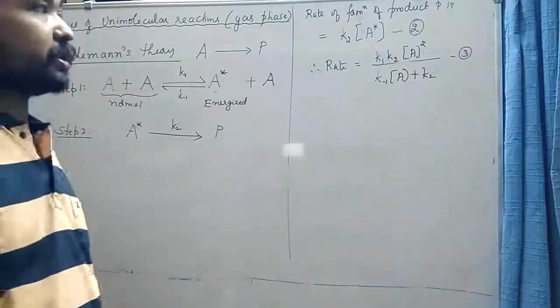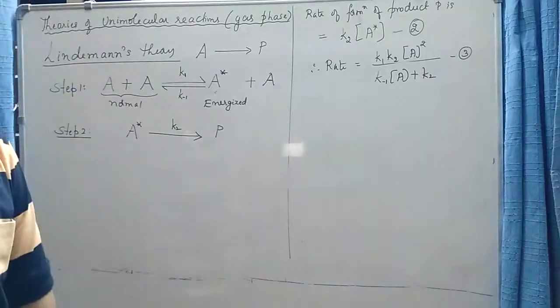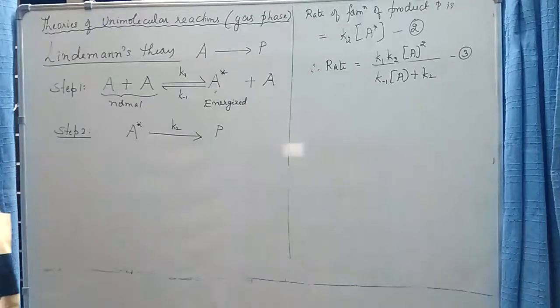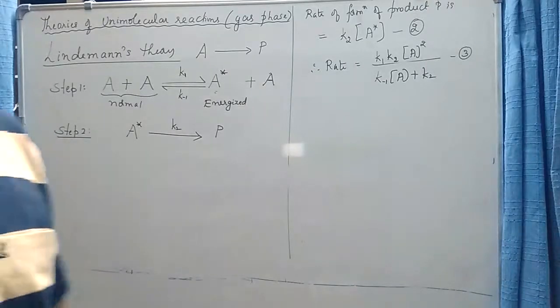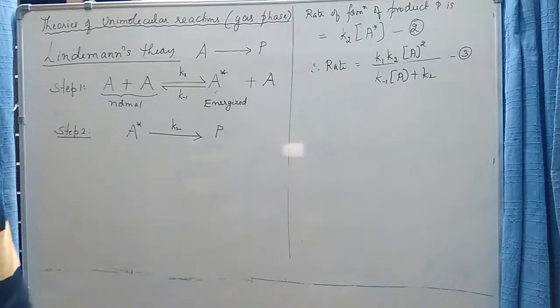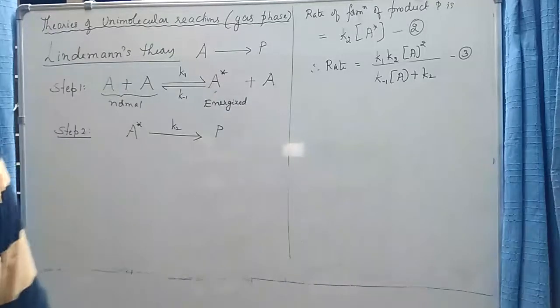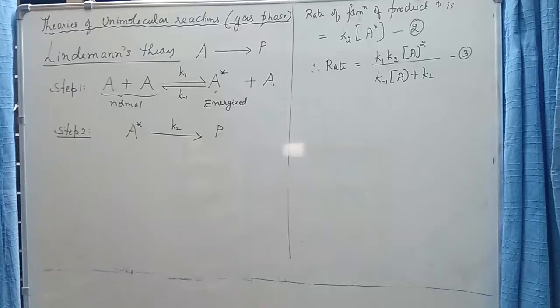Let us try and prove that Lindemann is right. To some extent we will be successful in proving it, but it will deviate from that after a while. According to Perrin, who proposed a radiation hypothesis mechanism for unimolecular reaction, a unimolecular reaction should proceed as a single ordered reaction. The order of a unimolecular reaction should be first order, according to Perrin.